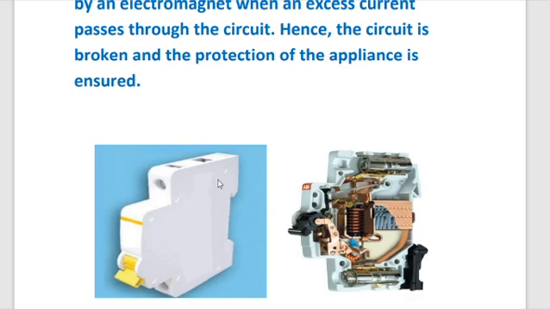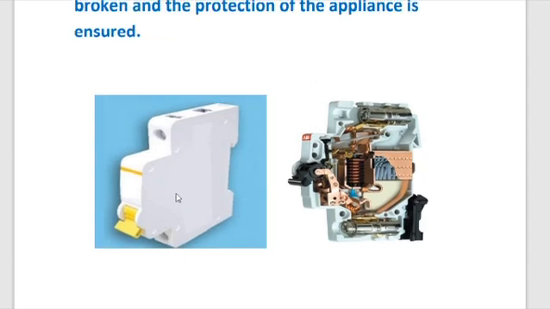The function of the fuse wire or MCB is to protect the household electrical appliances from overloading due to excess current. That is, when a heavy amount of current flows to the appliances, the MCB circuit breaker is cut or the fuse wire is cut. So the circuit is changed to an open circuit, and there is no current flow after that instant. Okay. Then you see the diagram, the inner side of the MCB, the miniature circuit breaker.